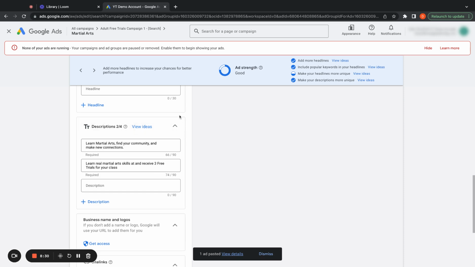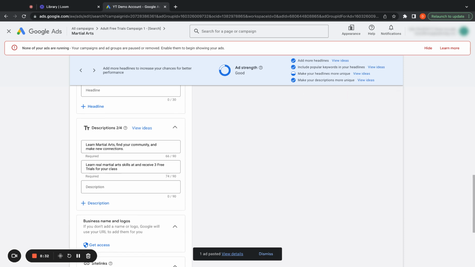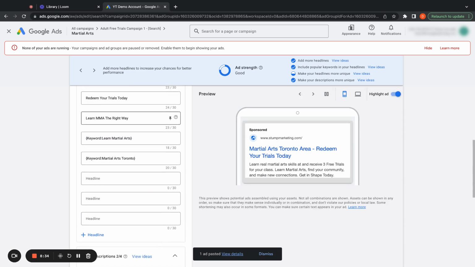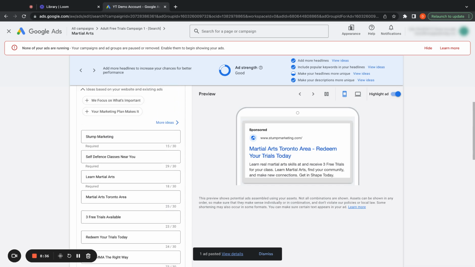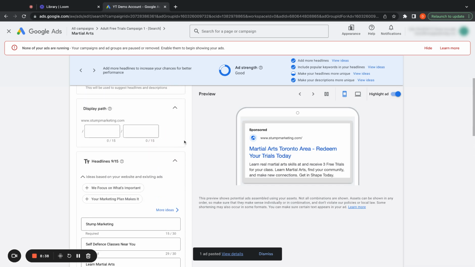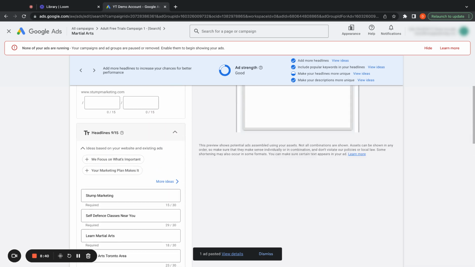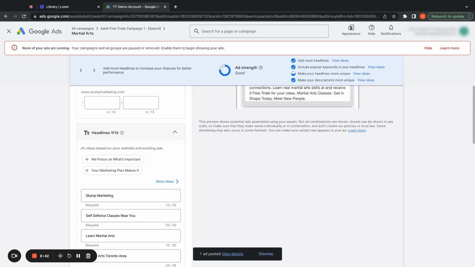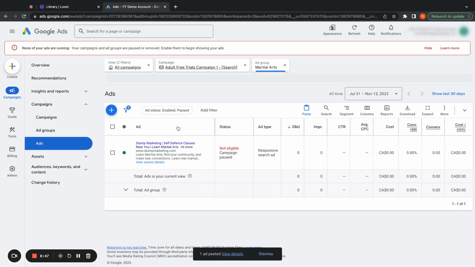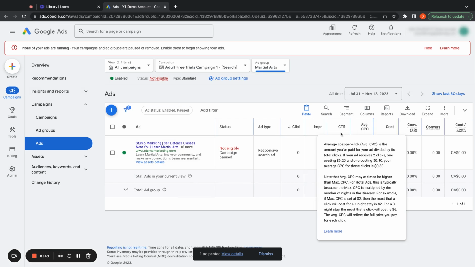The key with these Google Ads campaigns is definitely patience. You have to wait and see what the data tells you. And from that point, you can make an informed decision, because once you do have your strategy down, these campaigns can be really, really profitable. Okay. So that would cover our